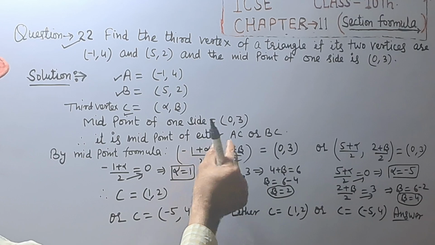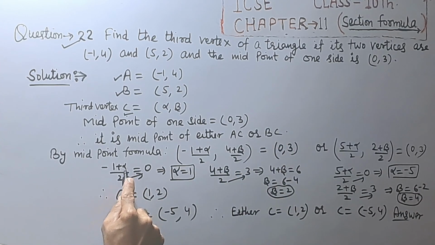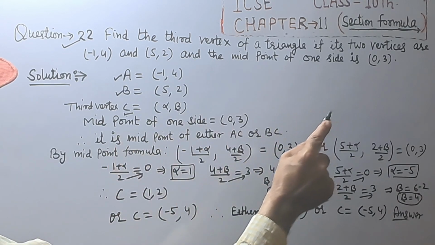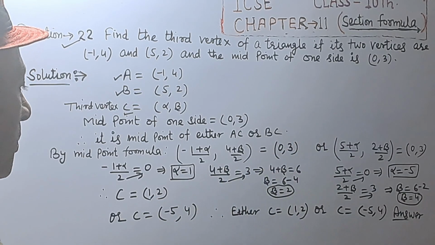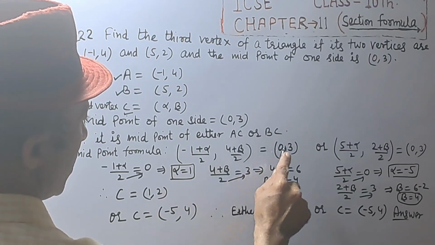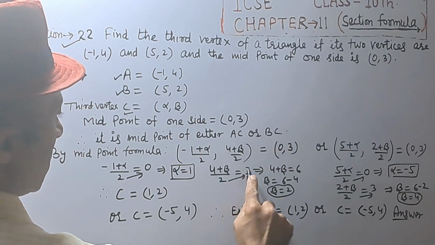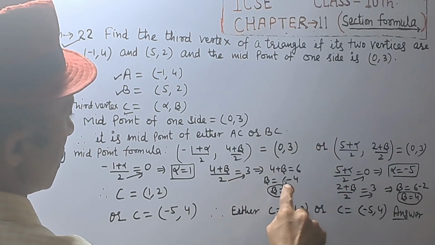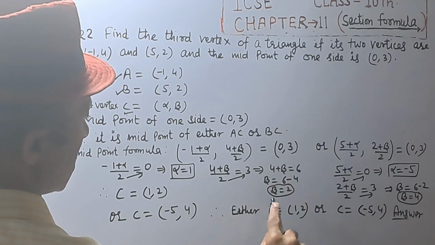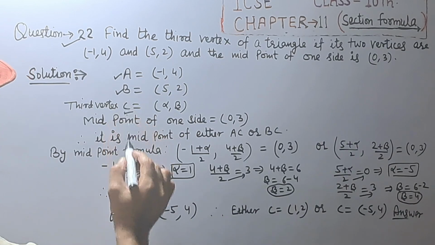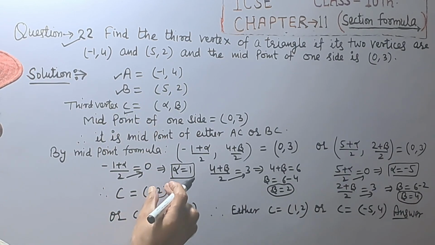Comparing the first coordinate, (-1 + alpha)/2 = 0, so 2 multiplied by 0 is 0, and alpha - 1 = 0; shifting to the right side, we get alpha = 1. And the second coordinate, (4 + beta)/2 = 3, so 2 multiplied by 3 is 6, 4 + beta = 6 and beta = 6 - 4 = 2. So the vertex C we get is (1, 2),